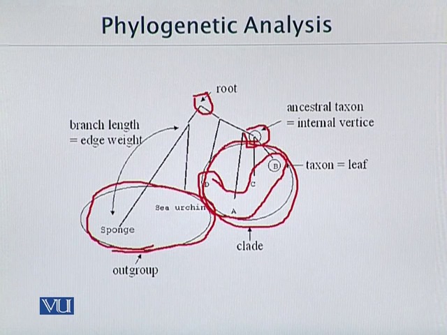So what is branch length? Branch length means the length of the branch which started from one species to another species. That gives us the edge weight also. So if I put some weight here like 1, 2 or 3, it will give us the total time from the starting of one species to the other species.